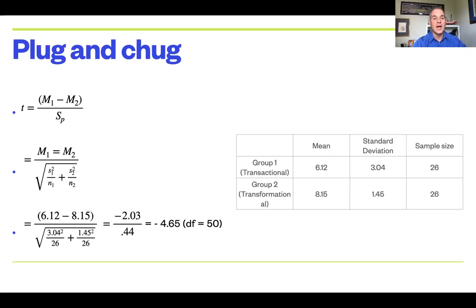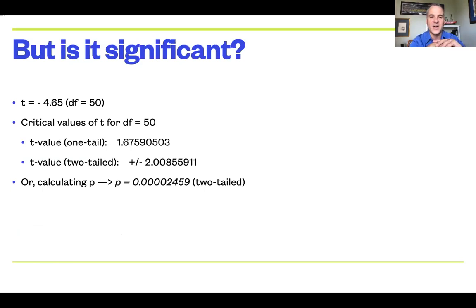And if we take a look at that, we say, all right, 4.65 on 50 degrees of freedom. What do I know? Well, the critical values, and you can Google this or look it up in a chart, the critical values of t for 50 degrees of freedom in a one-tailed test would be 1.66, and in a two-tailed test, it's 2.01. Right, so you can see again here, it's a more stringent test to have the two-tailed test, which is why I use that one. Now in this case, I'm much higher than either one of those, so it kind of doesn't matter. I can calculate that p directly for 4.65 on 50 degrees of freedom, and I get p,